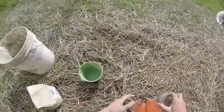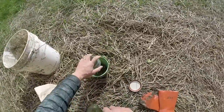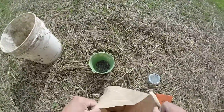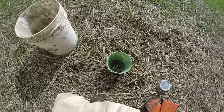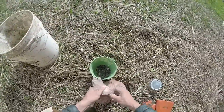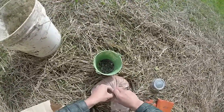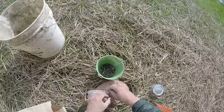So right here I have a small little bucket, and inside here I have a bunch of different seeds, including Maximilian sunflowers, some other sunflowers, elderberry, a host of things, some maple, a bunch of things that I'm not going to set up a nursery for. I'm just going to scatter them, broadcast them across the fields and let them lie and see what germinates and